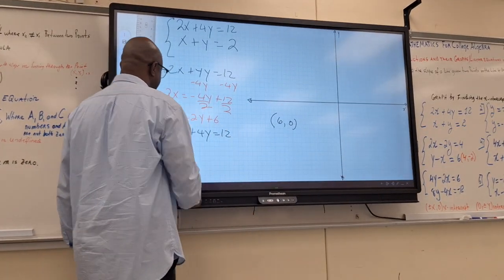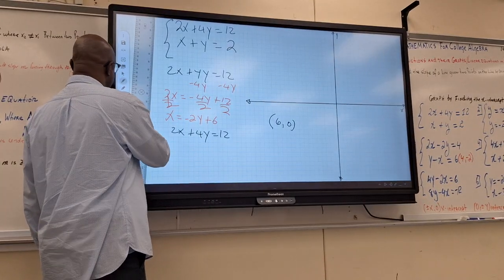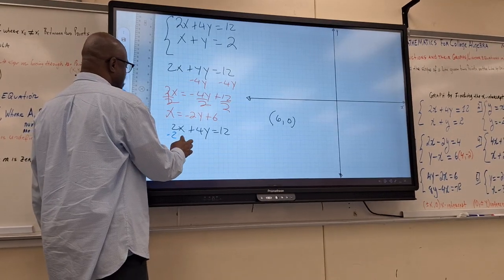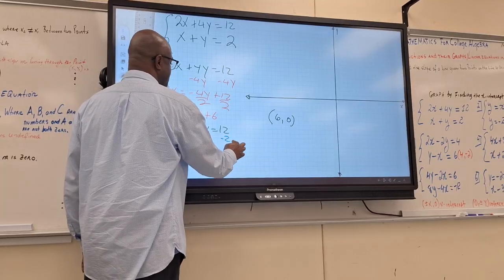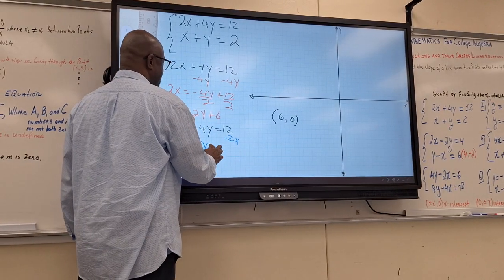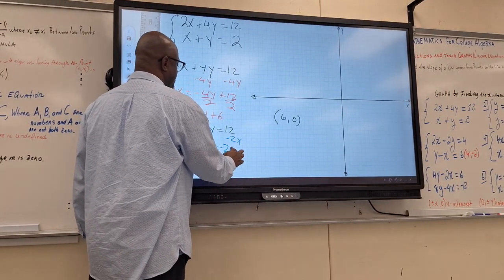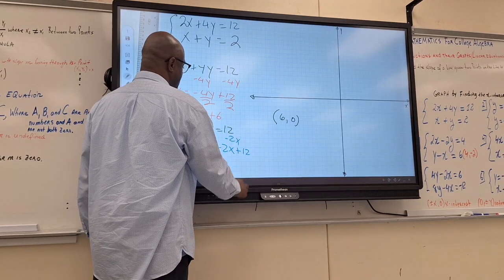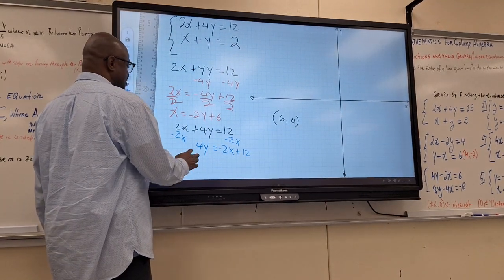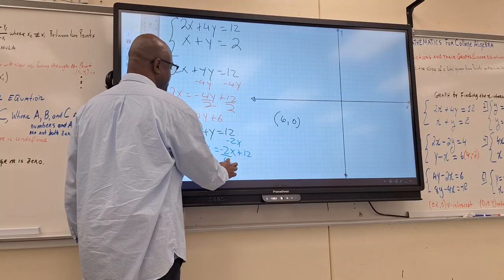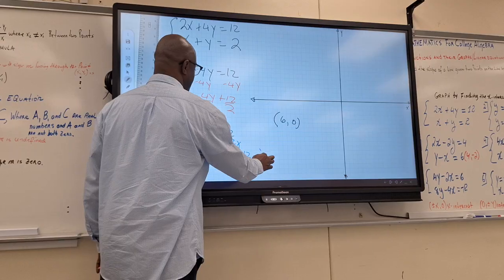Now you're solving for what? Y. Solving for y. What will you do? Subtract 2x. Then you have 4y equal negative 2x plus 12. Then what do you do? Divide by 4. Then you have y equal